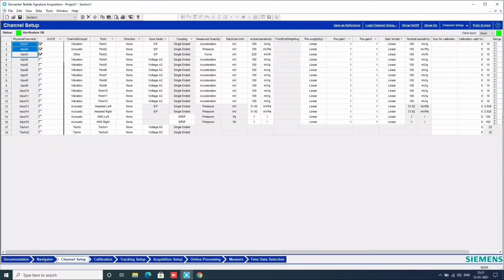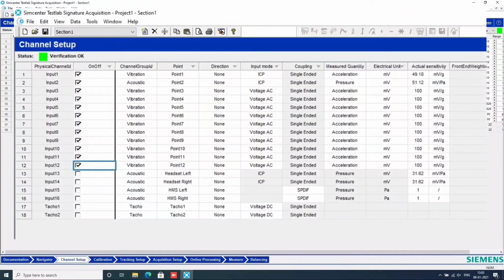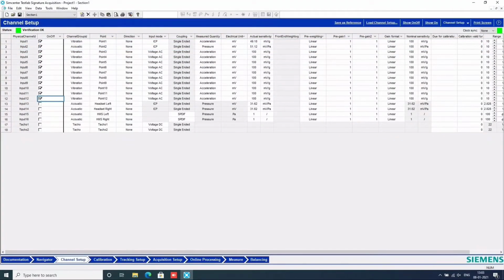Depending on the provisions of your hardware, this shows 16 input channels plus 2 of the tacho or speed channels, or the RPM channels. So the user is at liberty to choose the number of physical acquisitions to make, and whatever related parameters are to be set up to make the configuration complete.